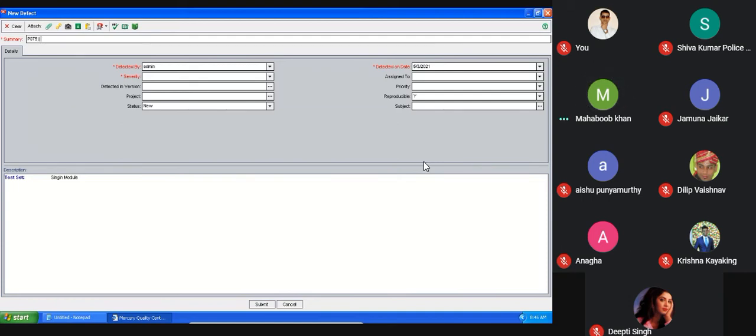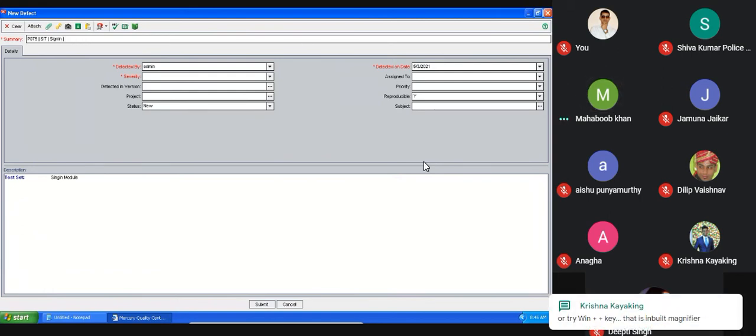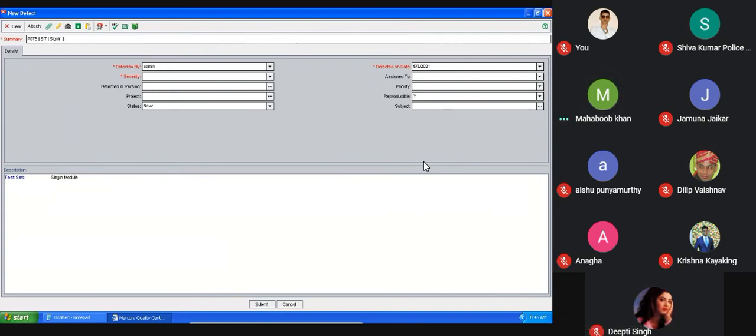Followed by which module? Sign in module. Okay, sign in module. Then after this sign in module, you need to explain the defect. What is the defect? What you need to specify here? So without the correct username also we are able to log in. Correct. Able to log in with invalid username.